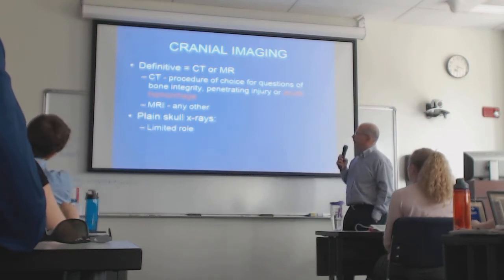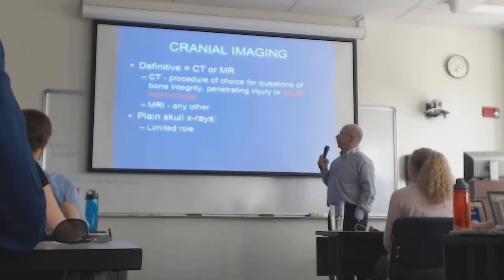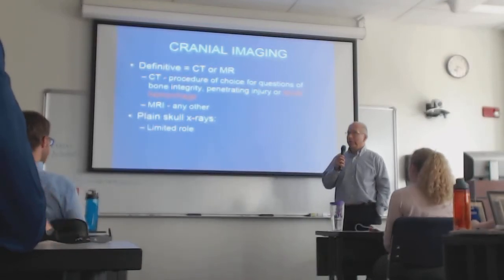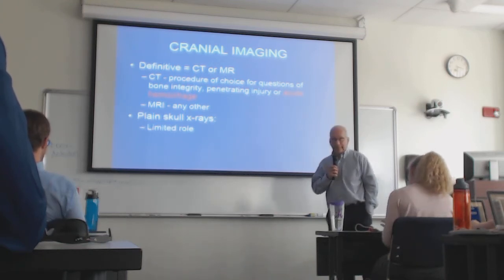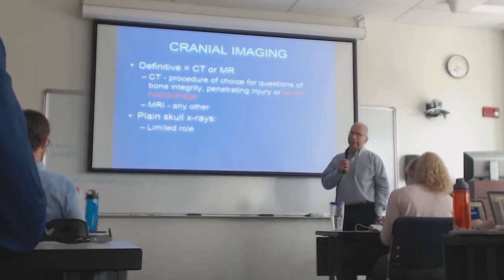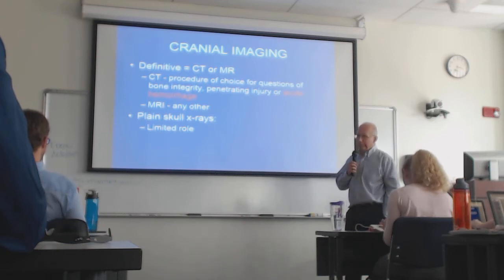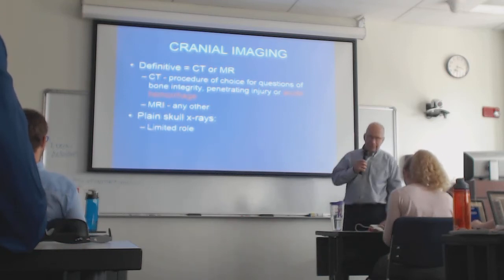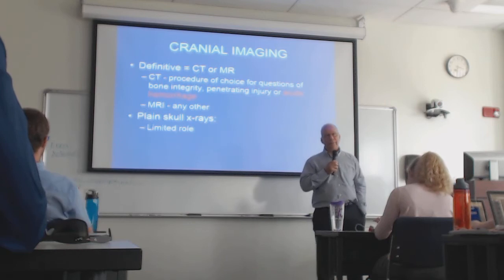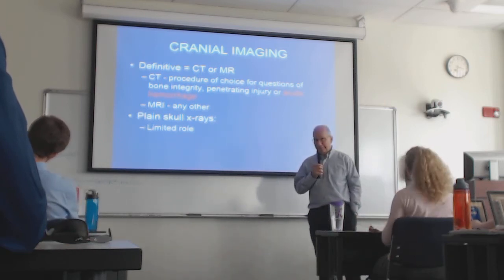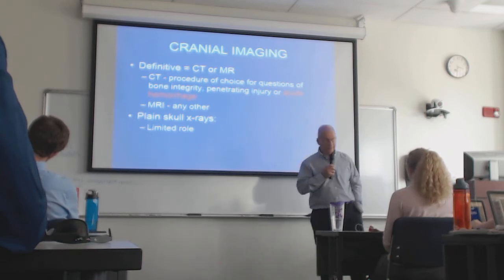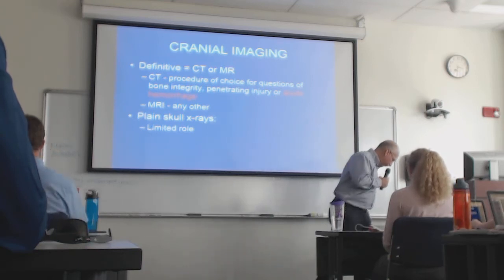So CT is definitely the procedure of choice for when you're concerned about a fracture, especially of the spine, when you've got a penetrating injury, and because it's in red text, it's extremely important, acute hemorrhage. Acute hemorrhage in the brain. Study number 1, CT, always and forever, okay? That one is very important,